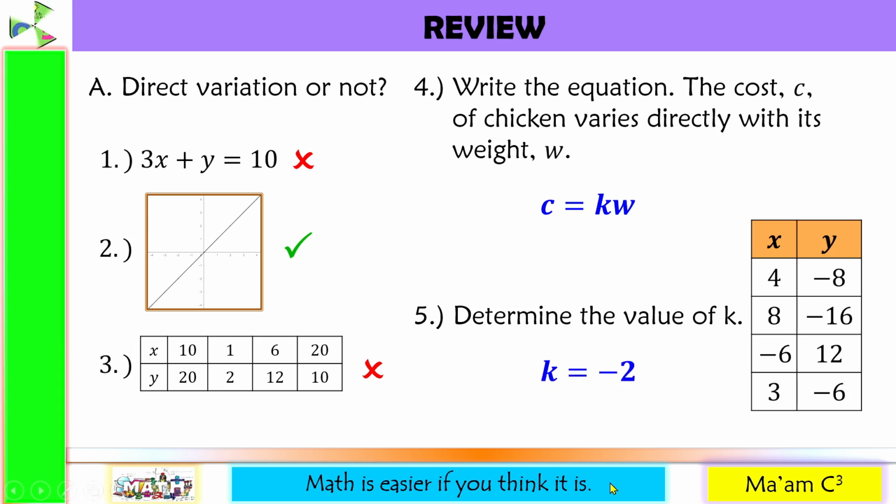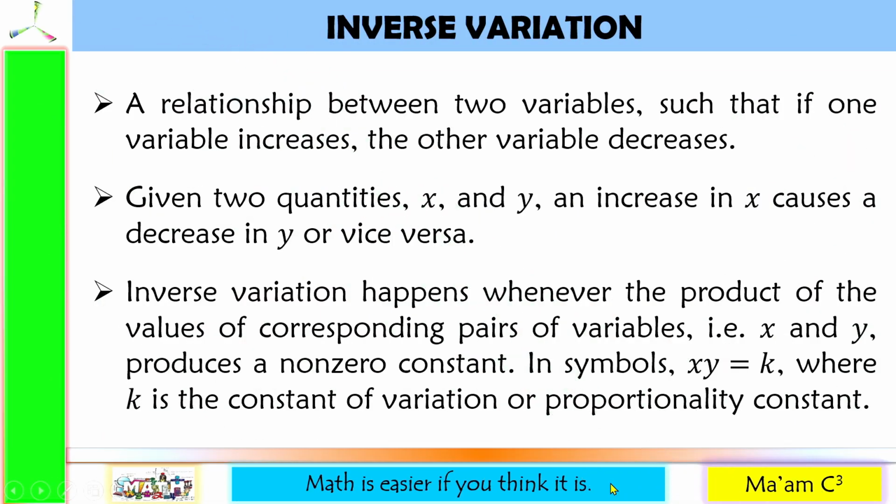Today we are going to talk about inverse variation. It is a relationship between two variables, such that if one variable increases, the other variable decreases. For example, if you are given two quantities x and y, an increase in x causes a decrease in y,